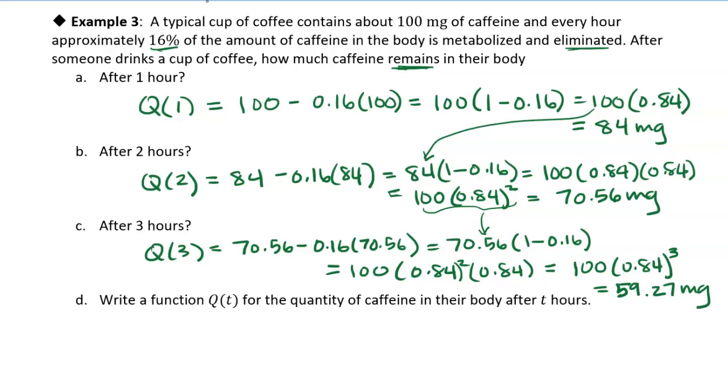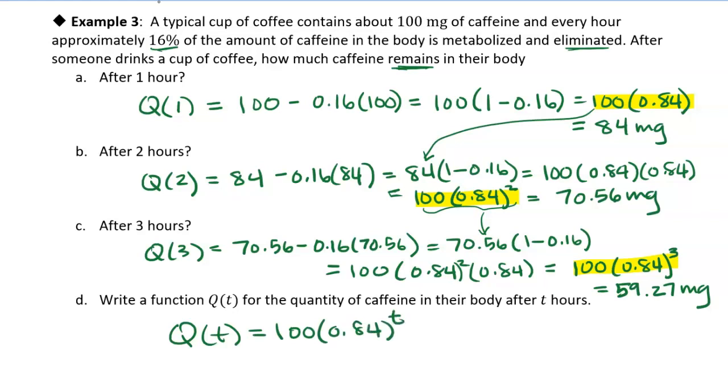Now, all of that writing that I did, which I'm sure seemed unnecessary, was really to help us see what the function would look like. So you can see I have 100 times 0.84, and then I have 100 times 0.84 squared, 100 times 0.84 cubed. And so the function Q of t is just equal to the initial quantity times 0.84